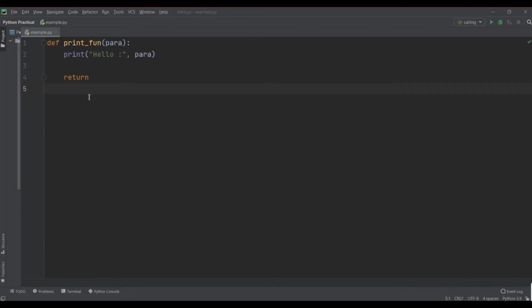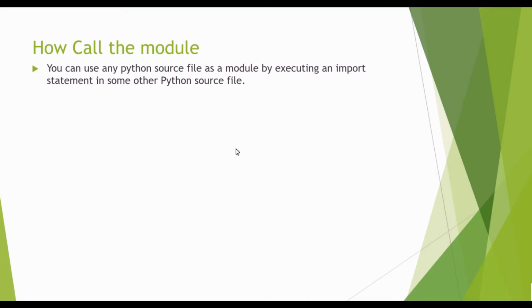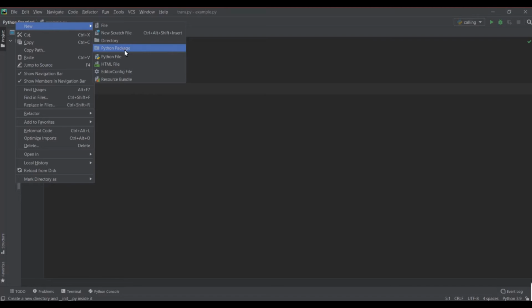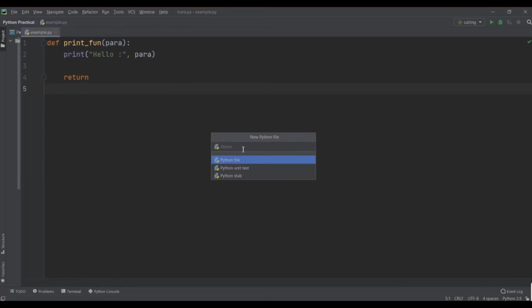So let's learn how we can call our Python module. You can use any Python source file as an import module by executing an import statement in some other Python source file. It means you can create your own Python module and call it in any other function by the import method. So let's take one example, and I'm going to open my PyCharm and a new Python file. Let's name it calling.py,